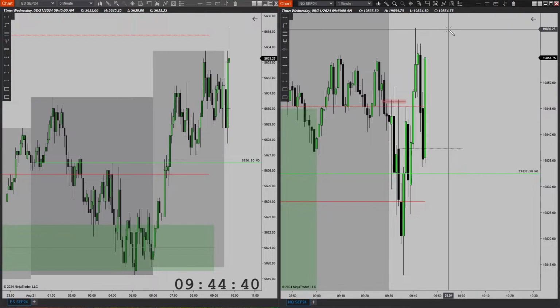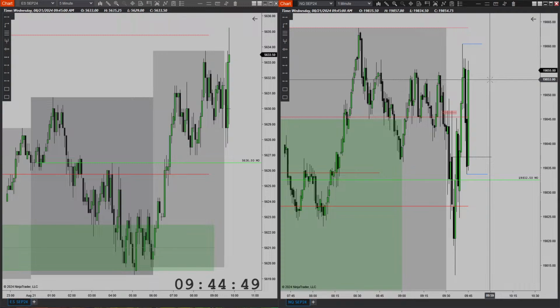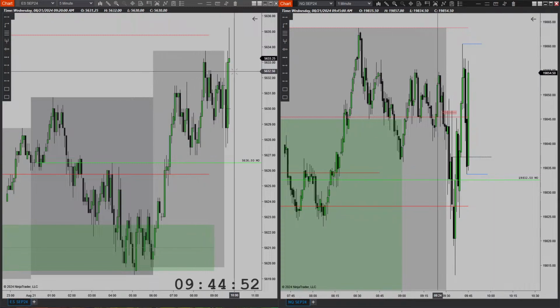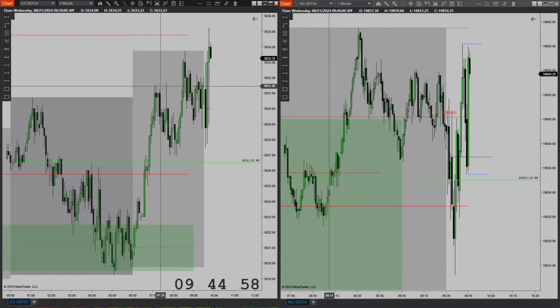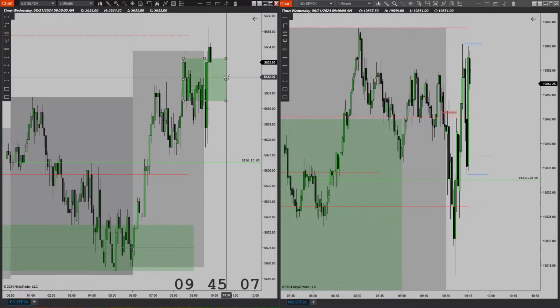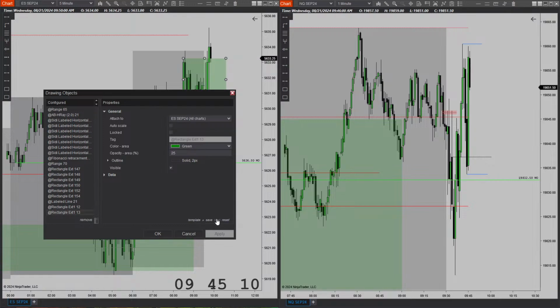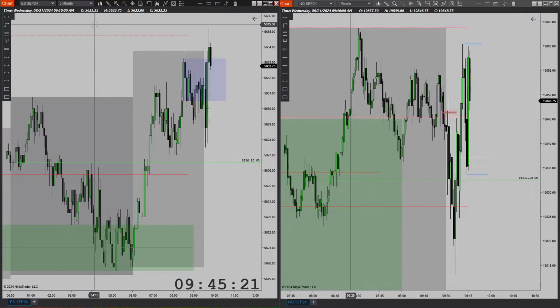Okay, so now we have a swing high, swing low, close above this area here, close above this area here. We have a drawn liquidity. So now that we closed above here, I want to see this right here. I want to see how price behaves here, because this right here is a mitigation block and a stop run here. So let's take a look at the 1 minute.